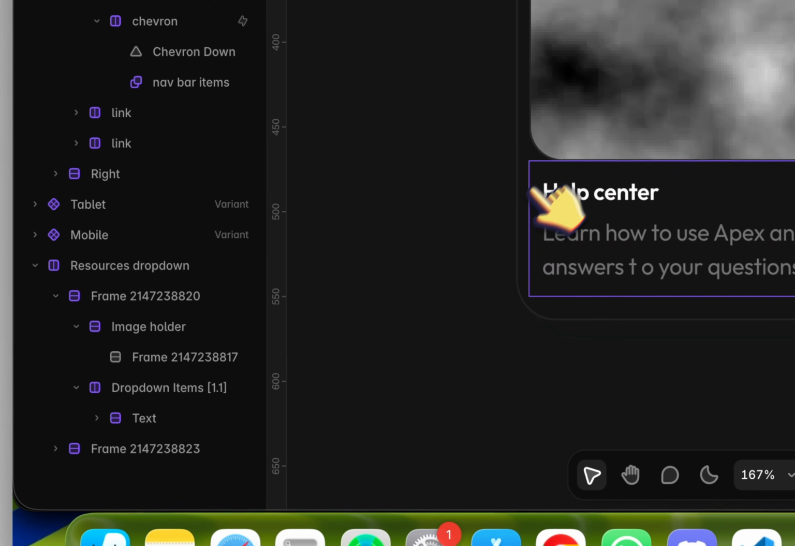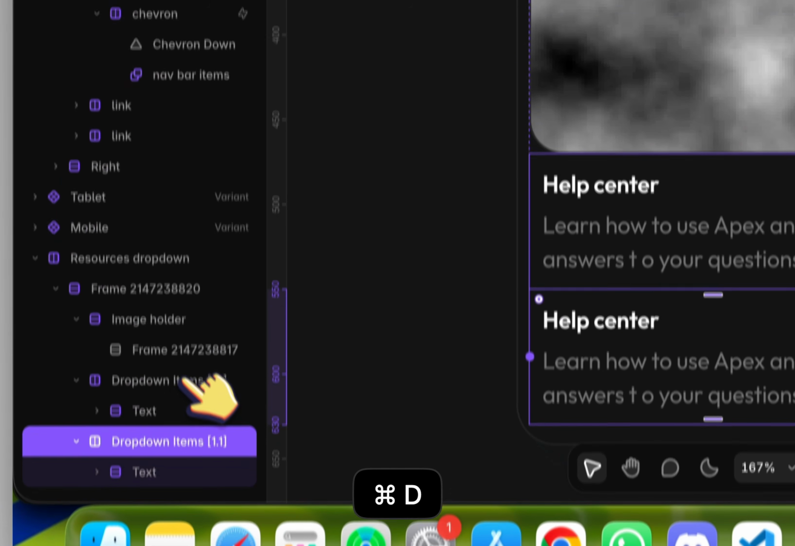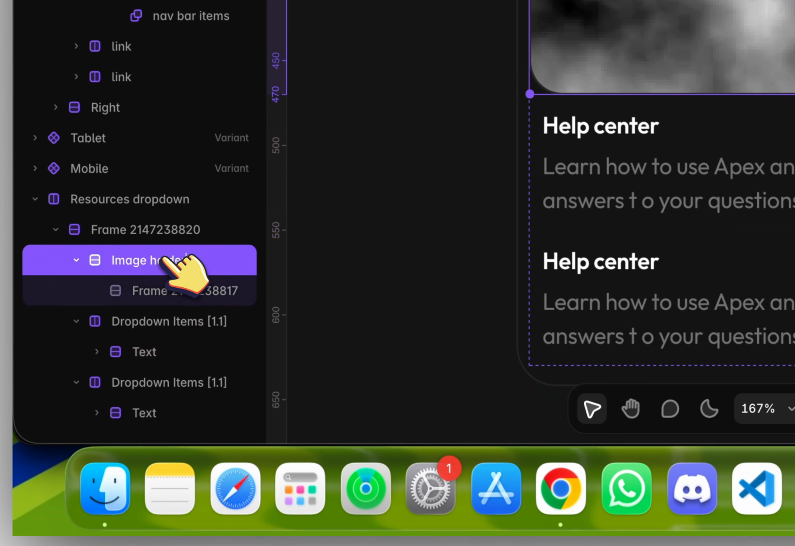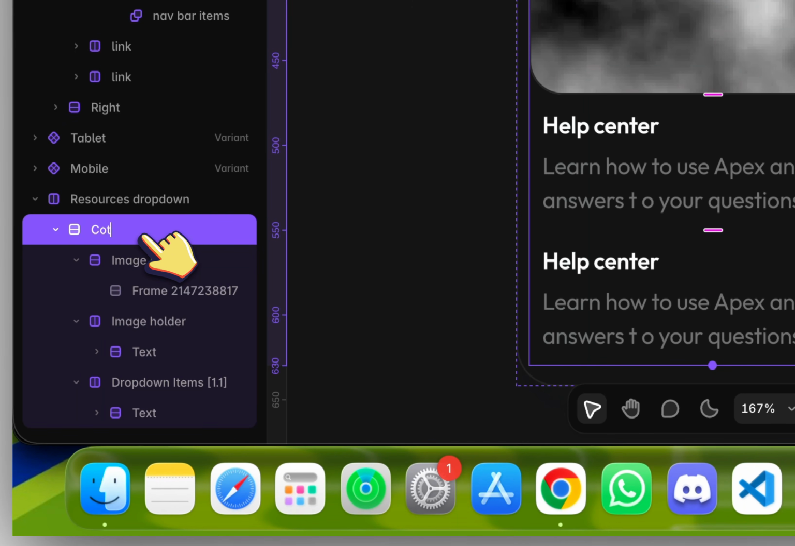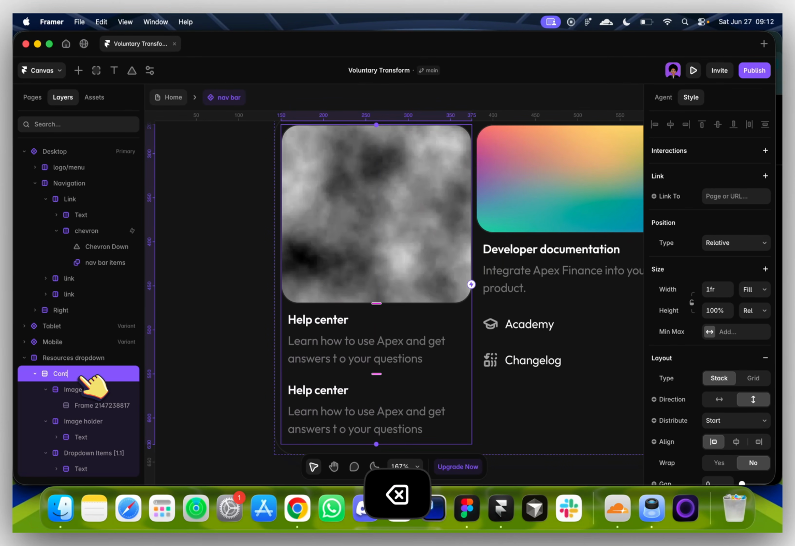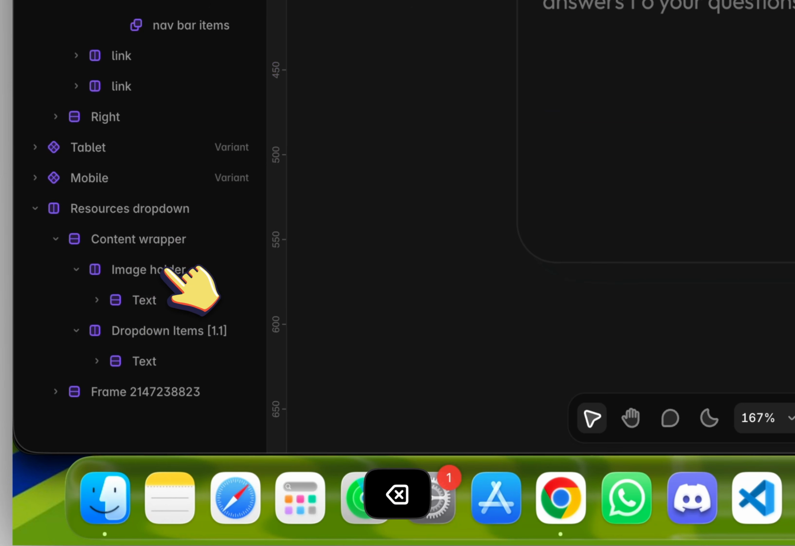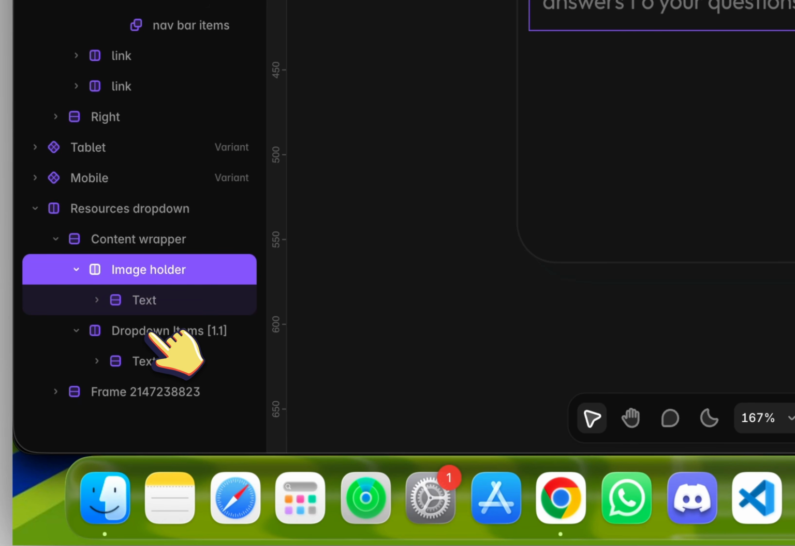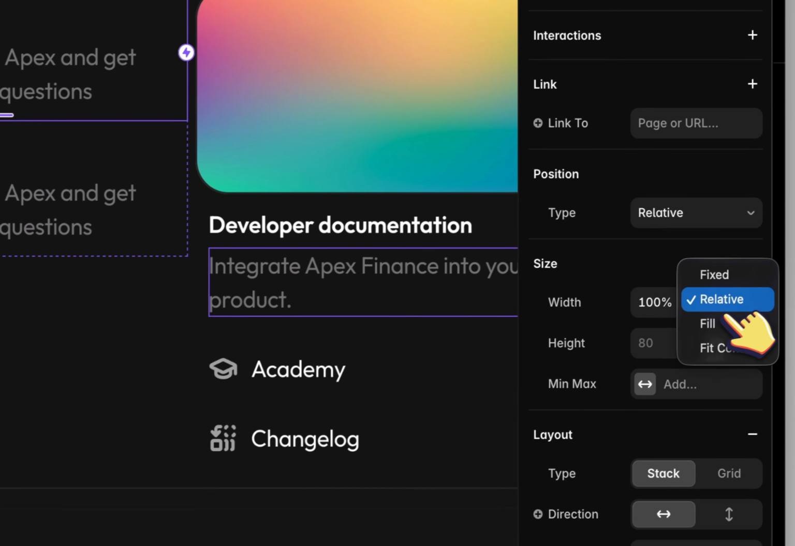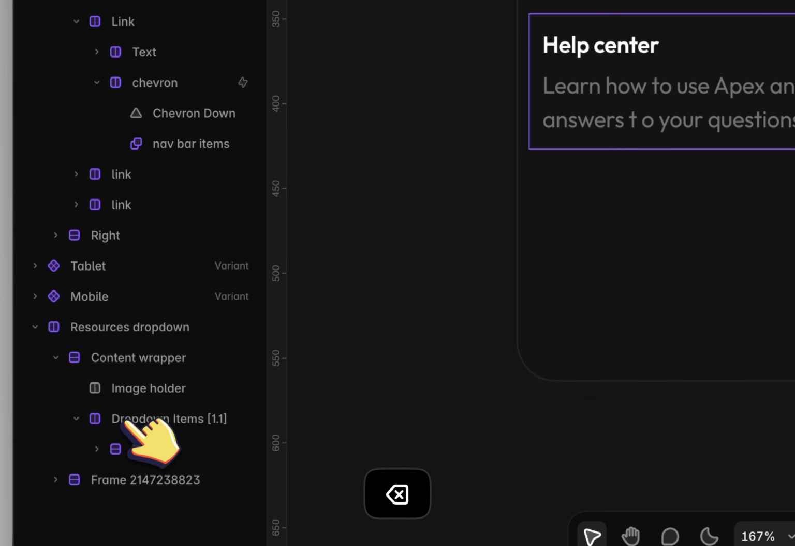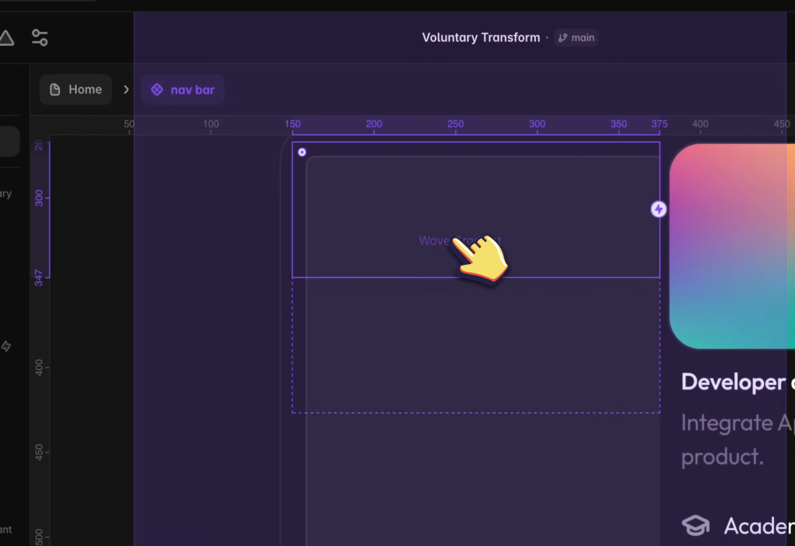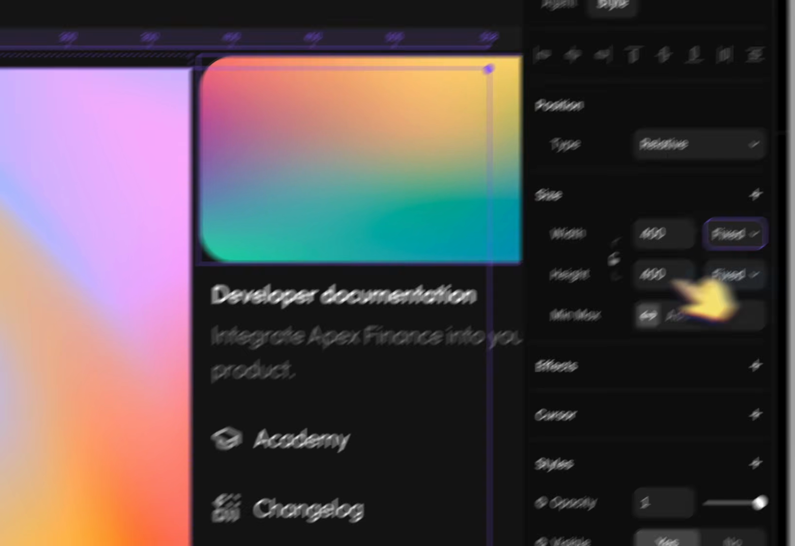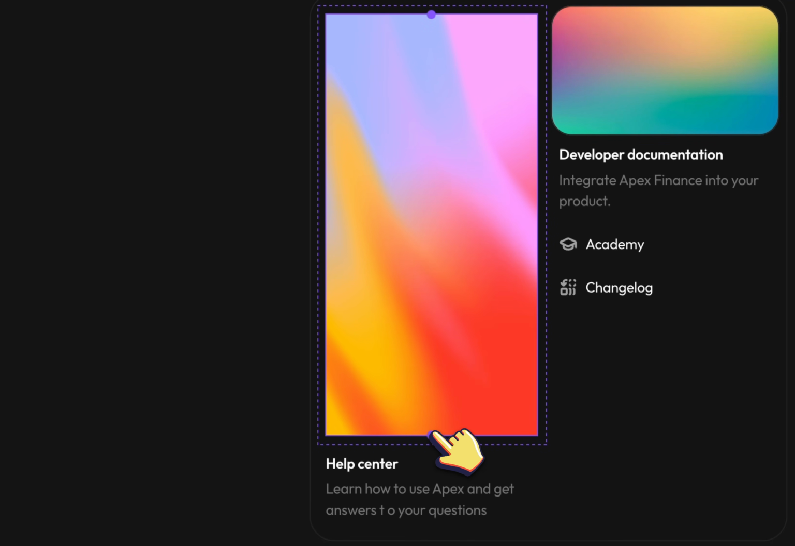Let's click. I'm going to duplicate this. Yeah, so this is going to be the image holder. This one is going to be the content wrapper. Right, now the image holder, I'm just going to delete this. Now this image holder is going to be at the top, right? On fill, I'm going to take out the text. Now I'm going to bring in the shaders. I'm going to fill it. Right, yeah, then